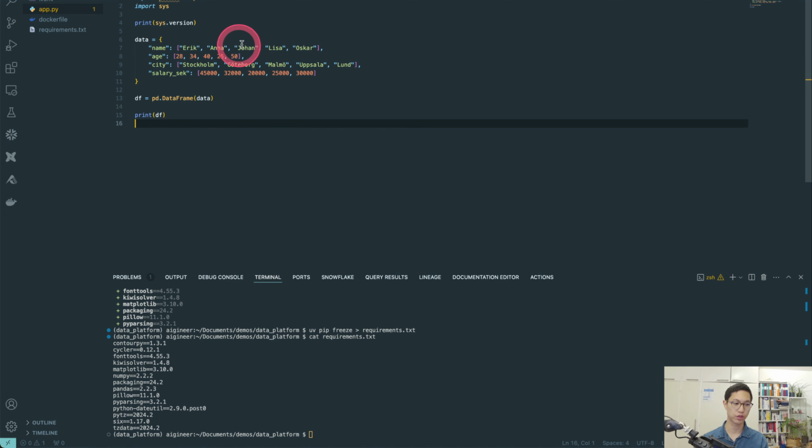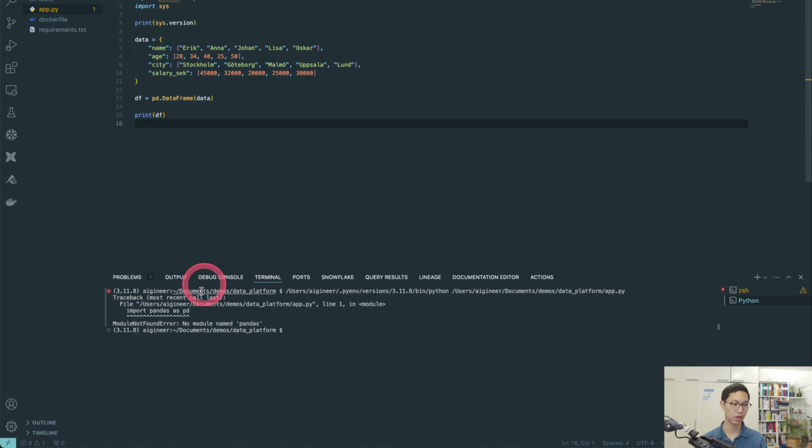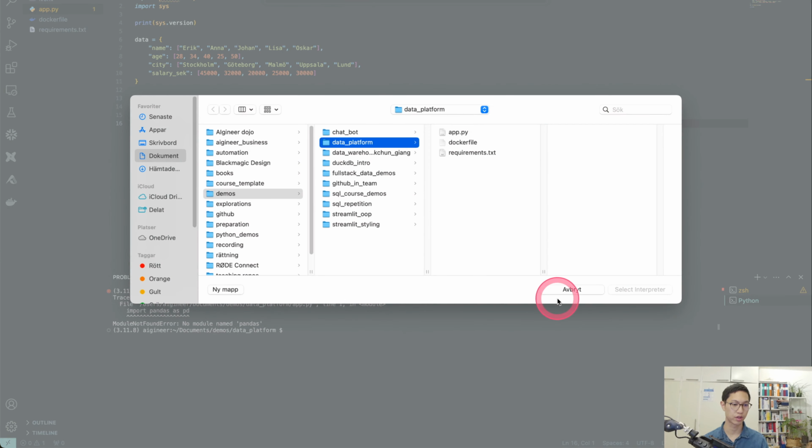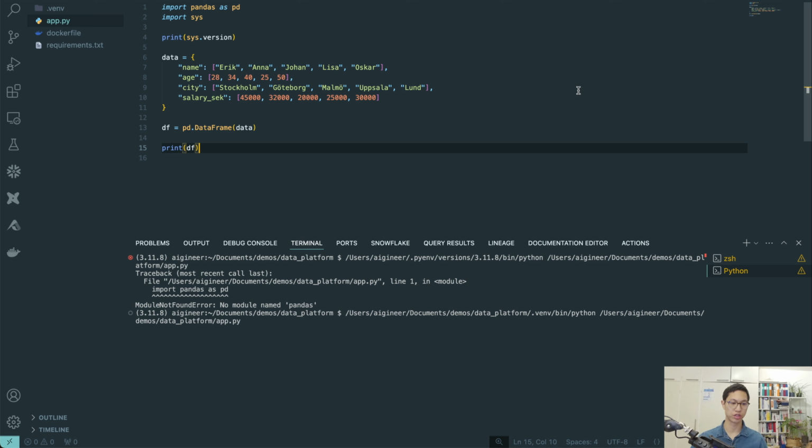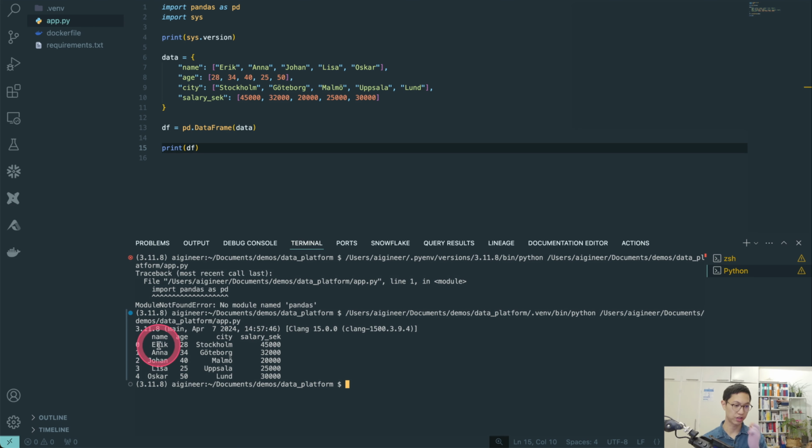And basically I just print my data frame. So print df. If I run this one locally, let's see what happens. No module named pandas. Yeah, that is because I haven't chosen my virtual environment here. So I can choose my virtual environment, enter interpreter path. Or actually, I will increase this a little bit like this. And now if I run this again, you should see that it works. Yeah, it works. So you can see here's the data frame written out, and also here is the version